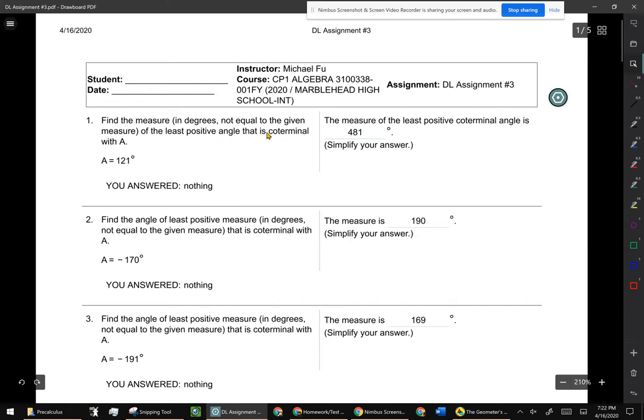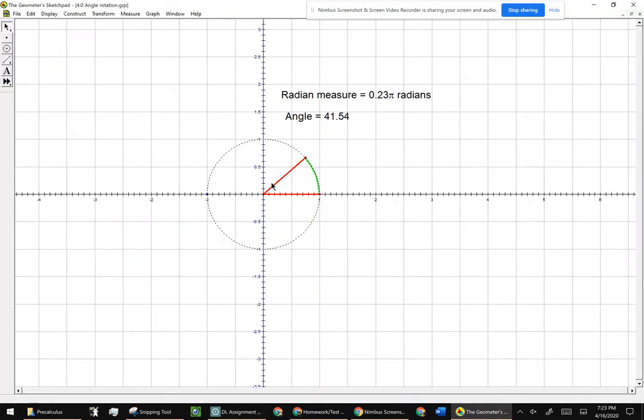So the word coterminal means that if you go back to this over here, this is the terminal side. Terminal, terminate, it means to end. So basically, this side of the angle never changes. This is the part of the angle that changes. And so what we're asking is, hey,